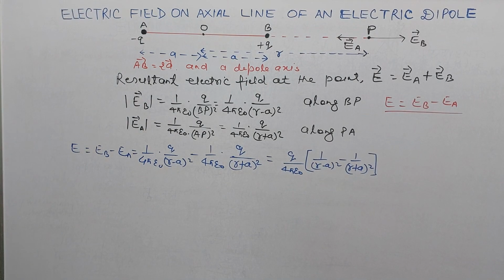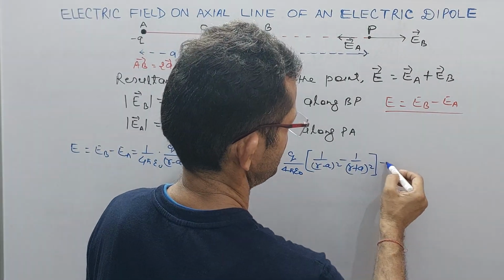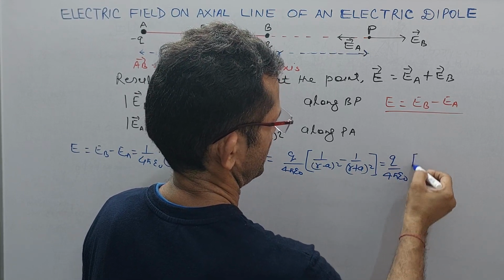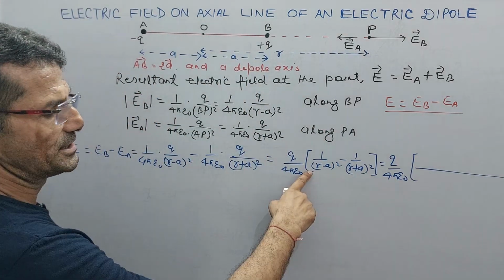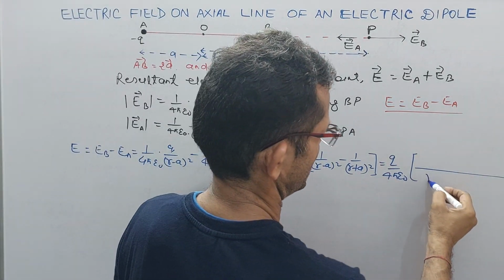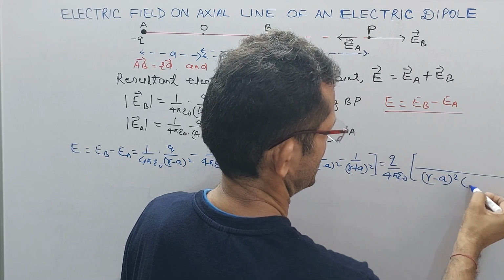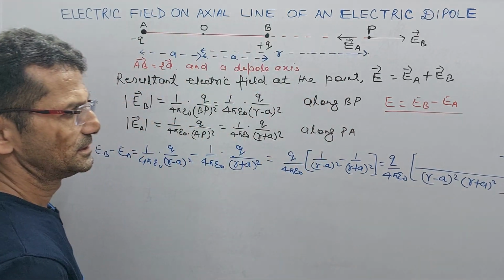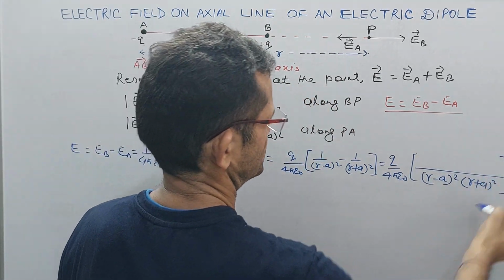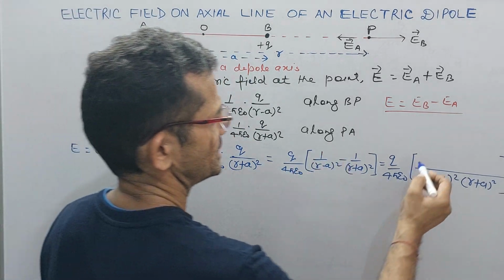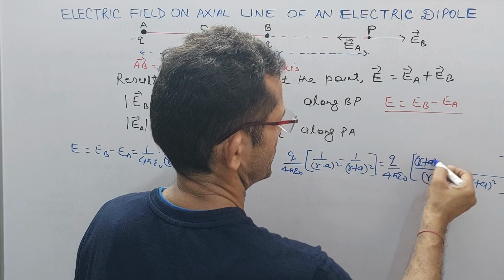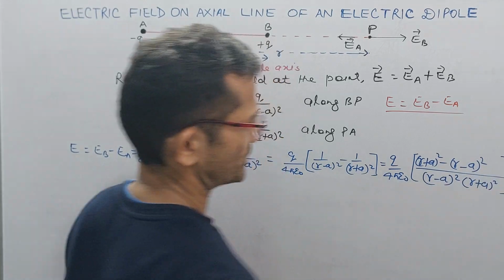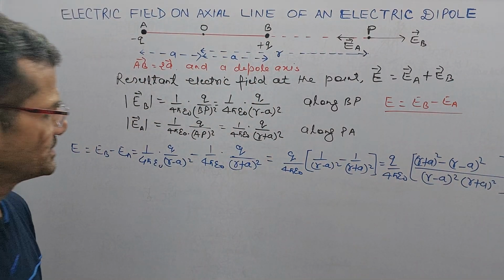So now again taking the LCM, it becomes Q upon 4 pi epsilon naught. The LCM will be R minus A whole square times R plus A whole square. Close this bracket, and this goes this side and this goes this side. Now it will be R plus A whole square minus R minus A whole square. This is the expression. Now after simplification it will be,